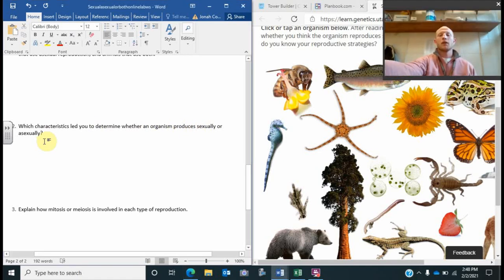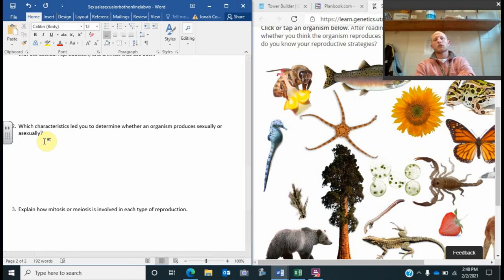So when I think about sexual reproduction, is it talking about fertilization? Is it talking about pollination, right? Fertilization is just plain and simply you have a sperm and you have an egg. They meet to make a zygote, which is a fertilized egg or a new organism, essentially. So that's sexual reproduction. If I see something about organisms mating, because sexual reproduction requires two parents, so parents mate,